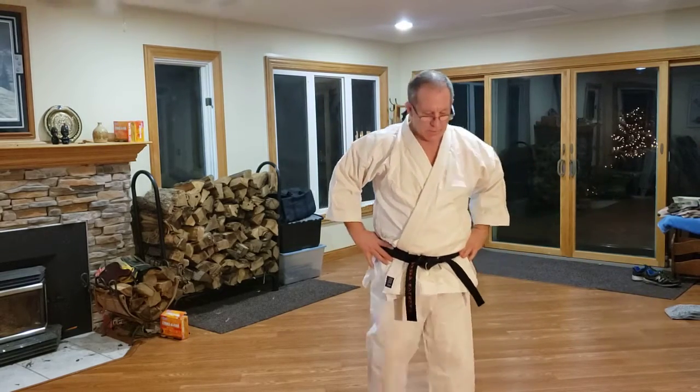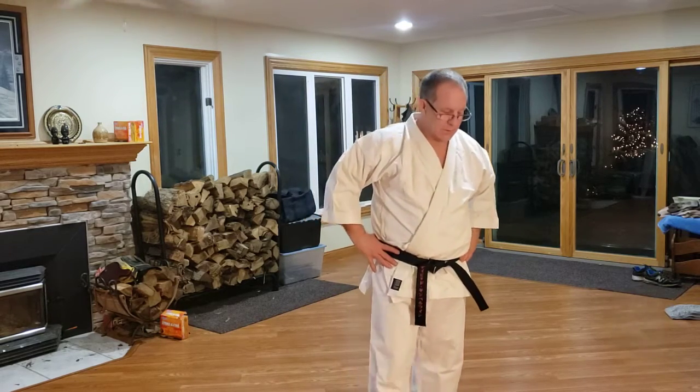Front snap, side thrust. Front snap, side thrust. So both of you did better on the front snap, side snap. The side thrust not so good yet. Go that way. Front snap, side snap. All right. From the thrust position,